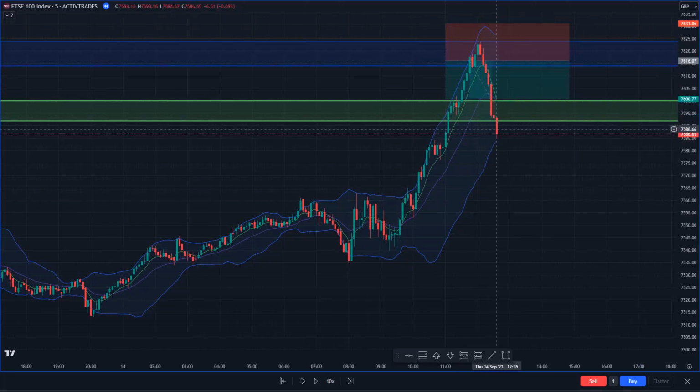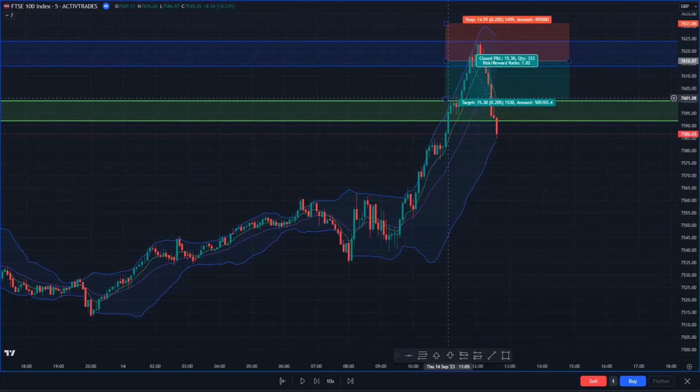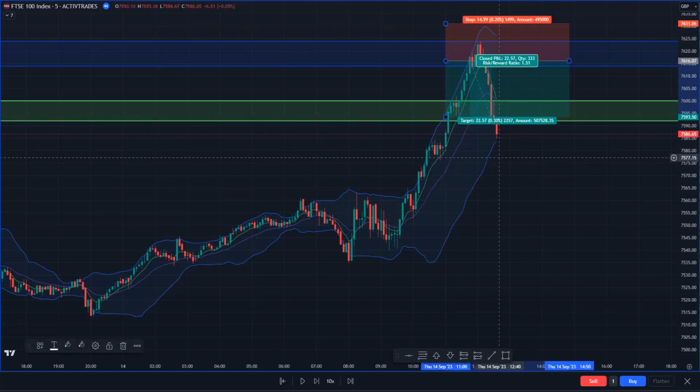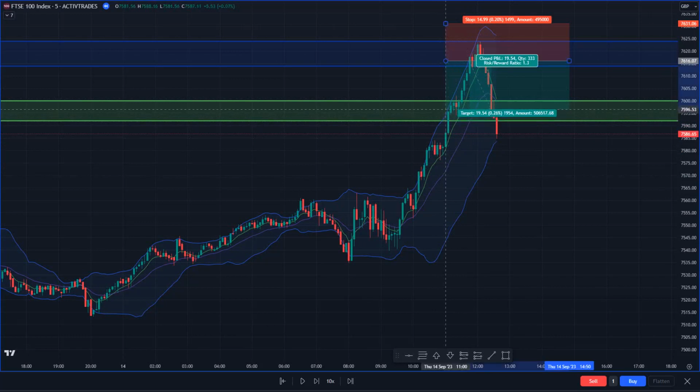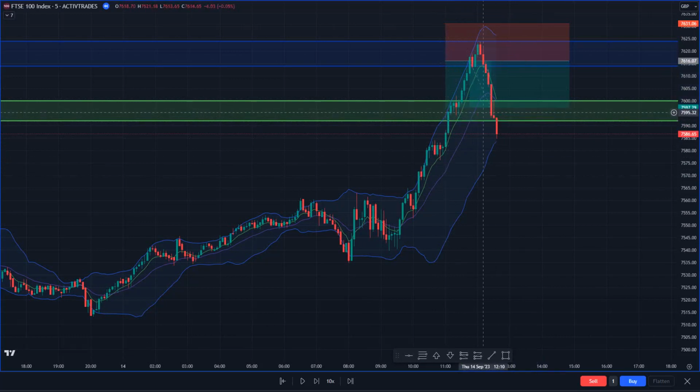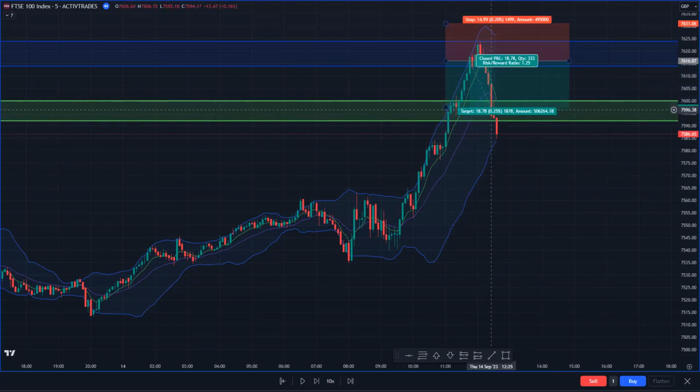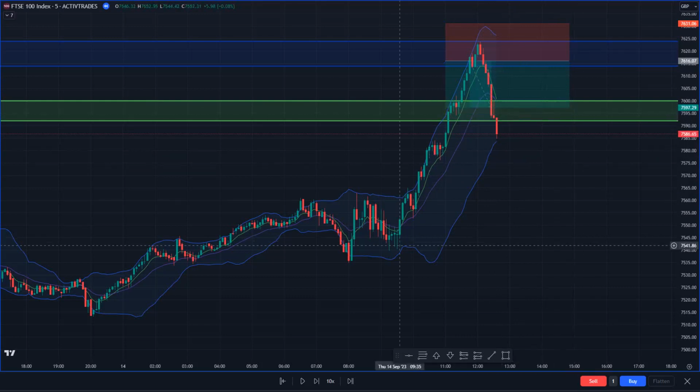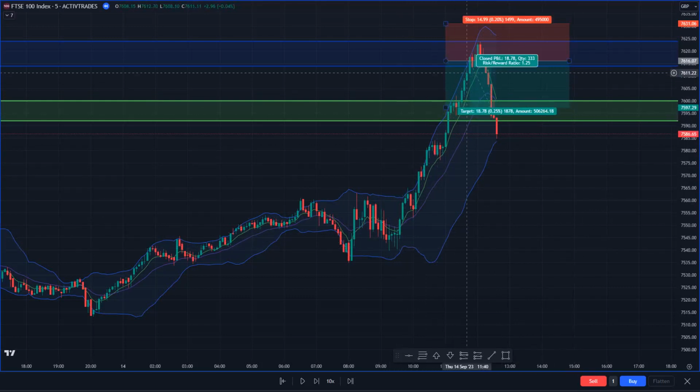It does push through this zone, but that zone would be the high probability target. You could go for a little bit more, maybe 1.5 R into that zone, or maybe 1.25, something like that. Just something into that zone, but that is where you really want to be managing the trade when you get these. So even when you're against a really strong trend on the shorter term time frames, if you can identify